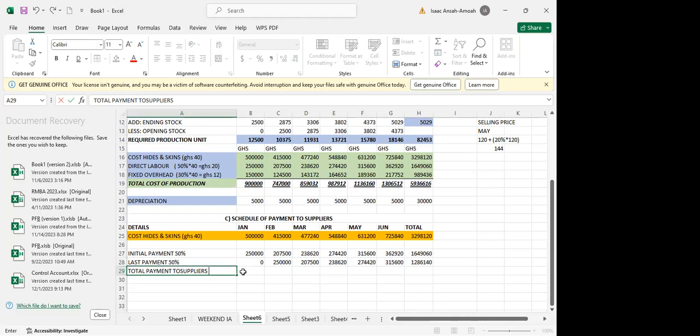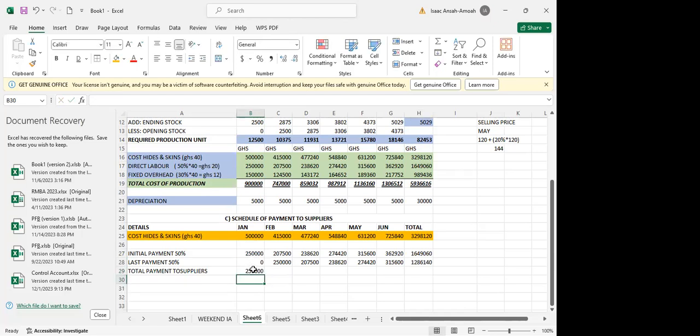So the total payment to suppliers will be an addition of these two. This plus this, and then the final payment added together. That gives you the total payments made to suppliers. So we generate that throughout the period. So this plus this gives us this. This plus this gives us this. And then this plus this gives us this. That becomes our total payments that we are making to suppliers. This has tendencies to go to the cash budget, right? Then now let's look at the payment that we have to make to